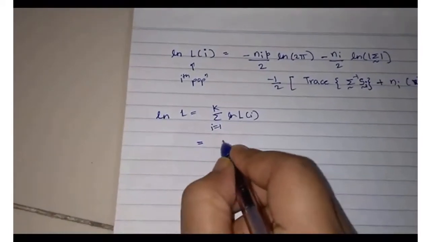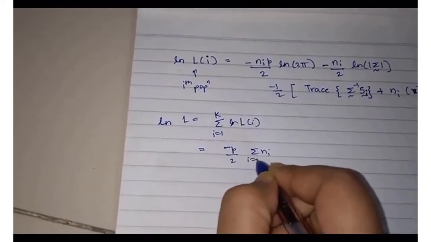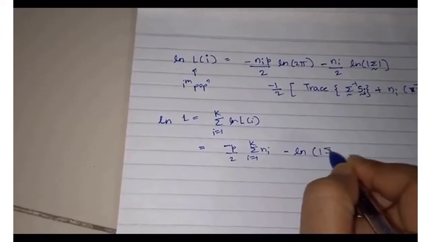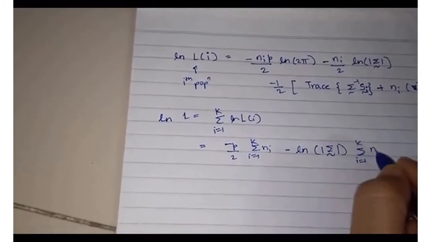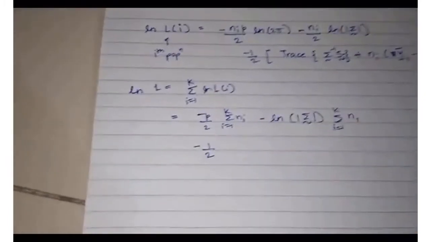The first term would become minus p by 2 summation n_i, i going from 1 to k, then minus ln determinant of sigma summation n_i, i going from 1 to k, and minus half, and we have the same story,